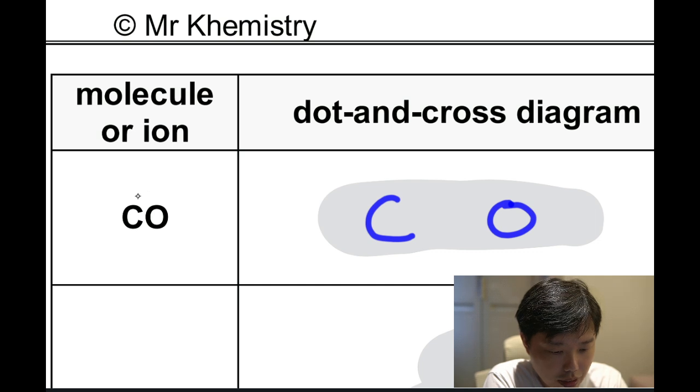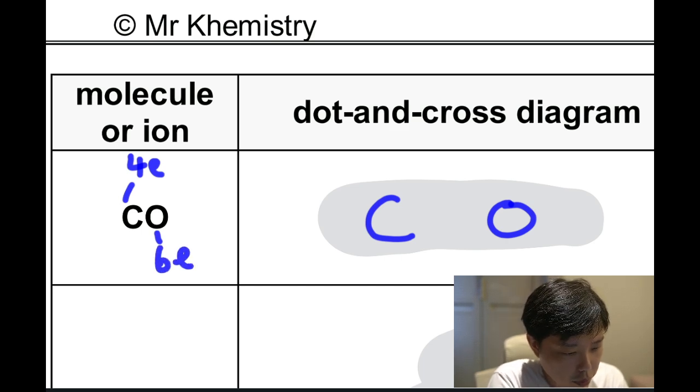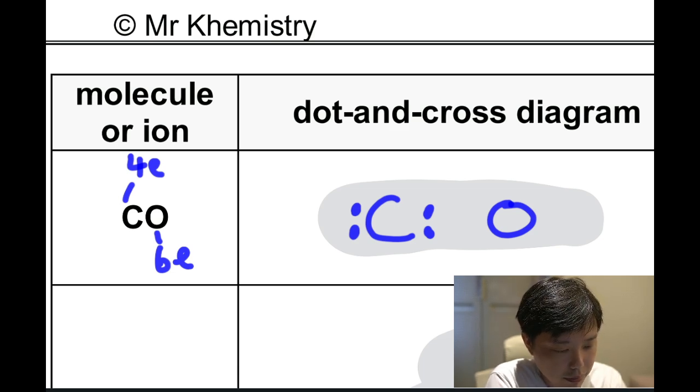For carbon, it has 4 valence electrons. For oxygen, it's group 16, so it has 6 valence electrons. So we'll put down for carbon 4 of them: 1, 2, 3, 4. And then for oxygen, you also want to put down 6, but because it's